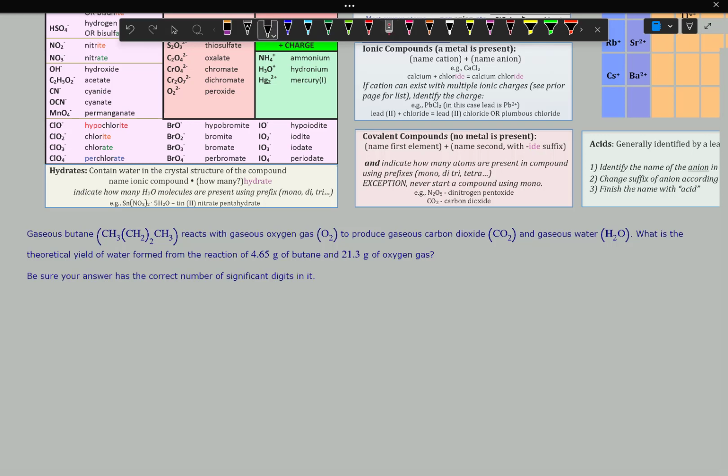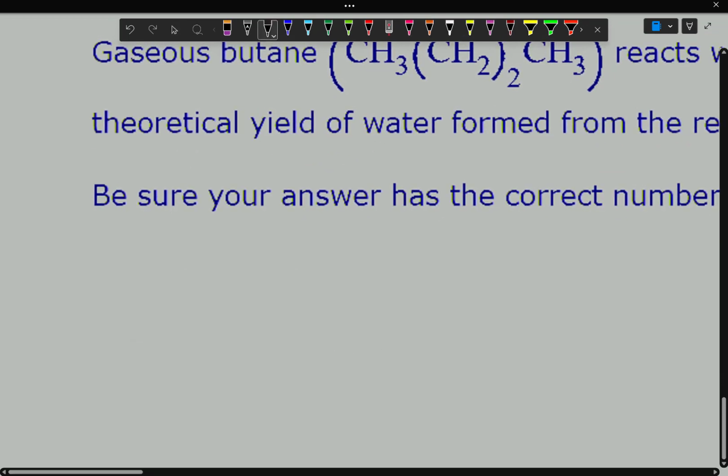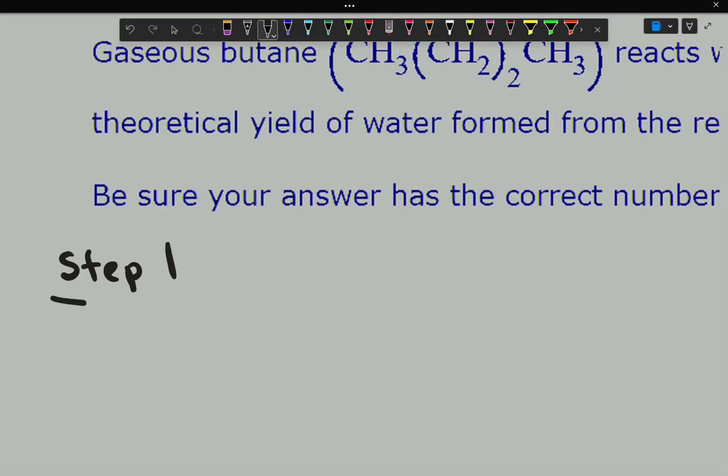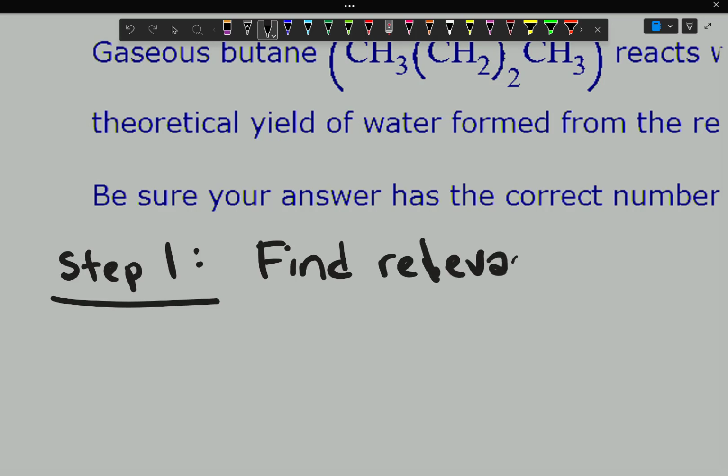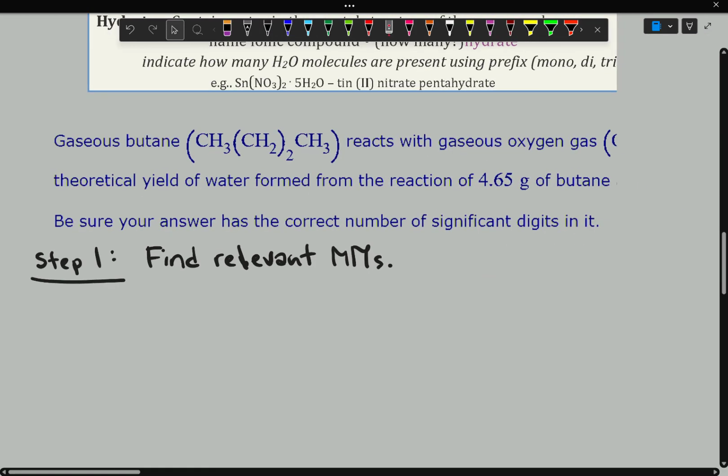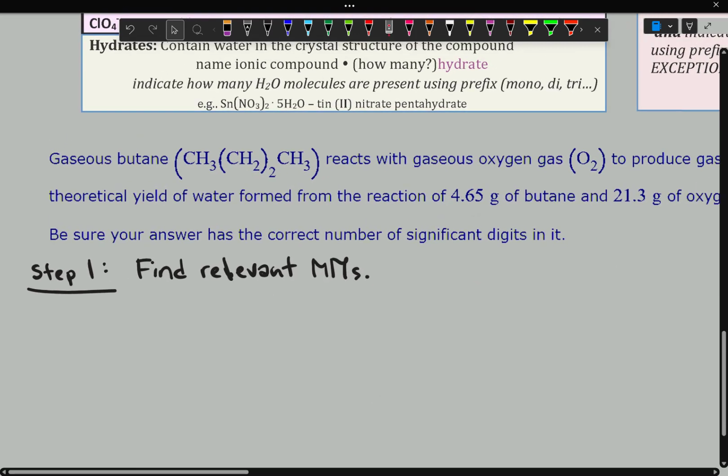So with that being said, first thing I want to do is get the molar masses. Let's write out step one, because this has a lot of steps. So step one, let's call this find relevant molar masses. So, first thing I want to do,